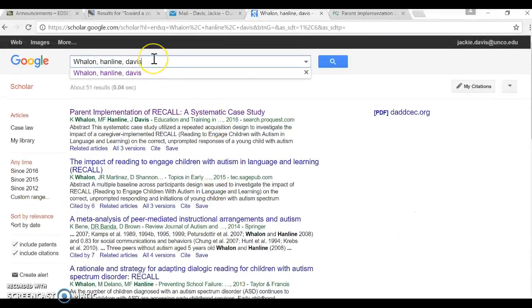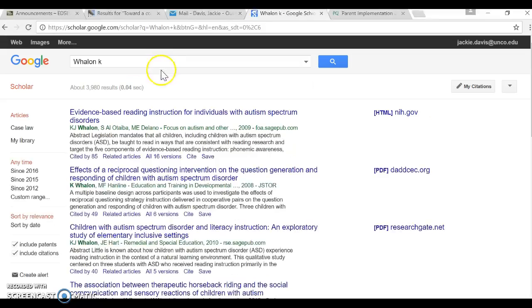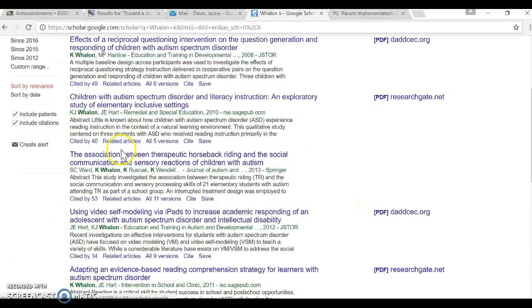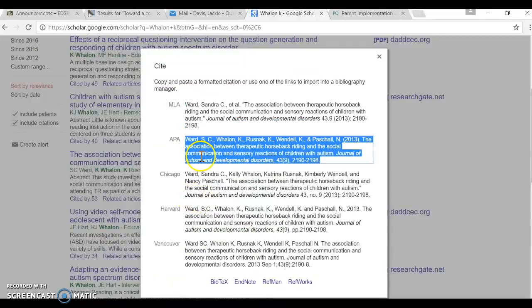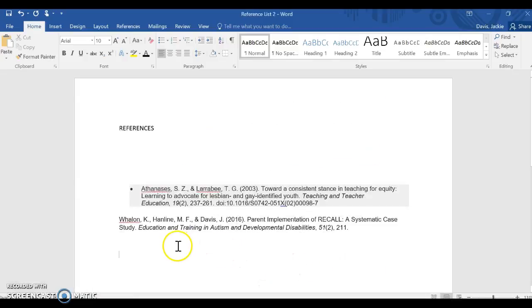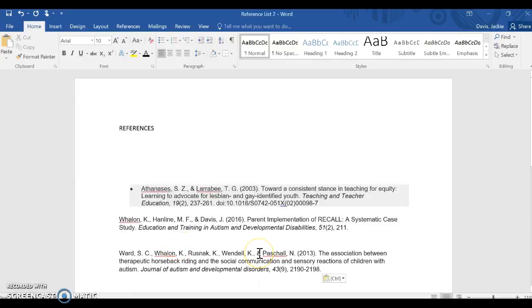Let me go up here and take out Handline and Davis. Okay, here's one that has a different author. So I'm going to click Cite, then click APA. I'm going to hit Control-C, go back to my reference list, give it a Control-V,